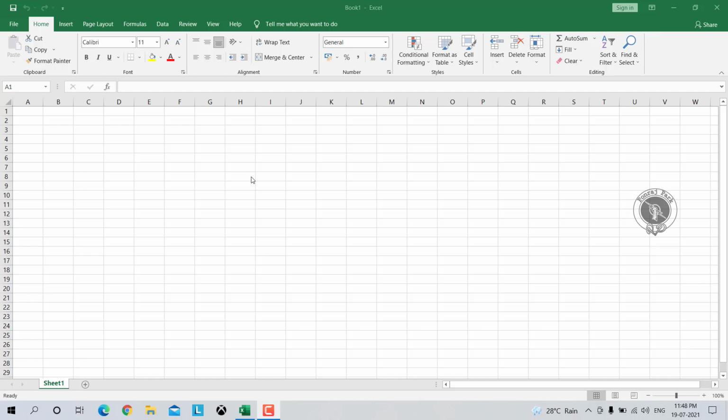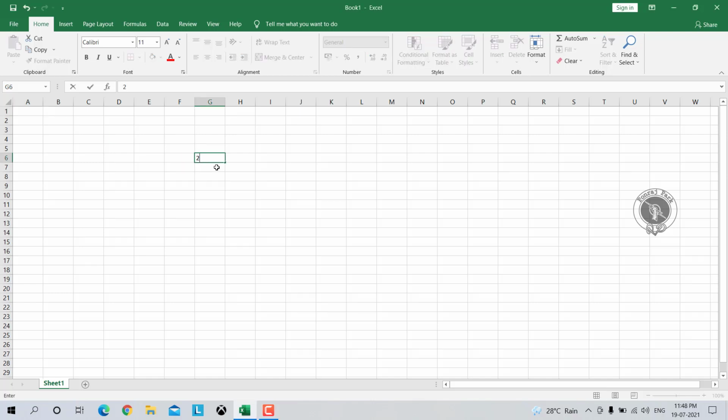So today we are going to learn about this Home tab, and especially this Clipboard group in Microsoft Excel 2016. So let's get started. Basically, we use Excel for organizing our data and for mathematical calculations. How? I'll just show you a little trick on that.